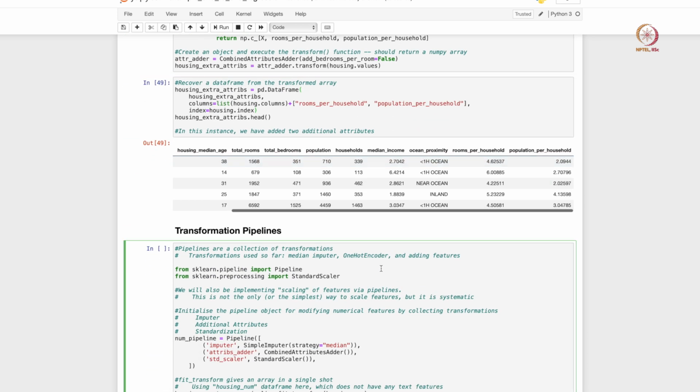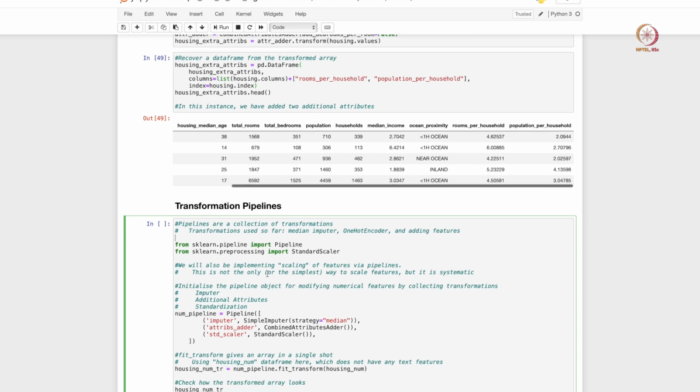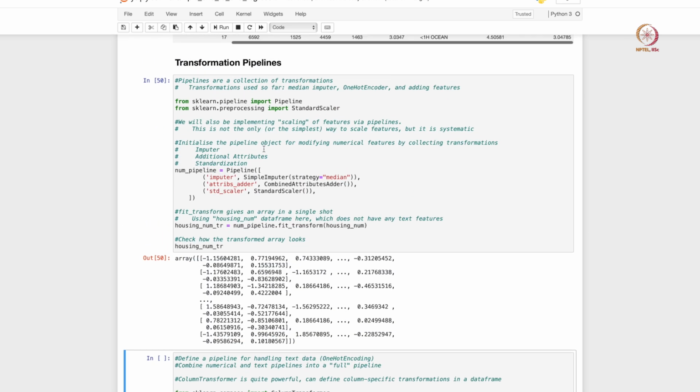Okay. So we have now understood how to do imputing, how to do one-hot encoding, and how to systematically add new features using custom transformers. Now let's put everything together in a pipeline. Pipelines are classes that are available from scikit-learn.